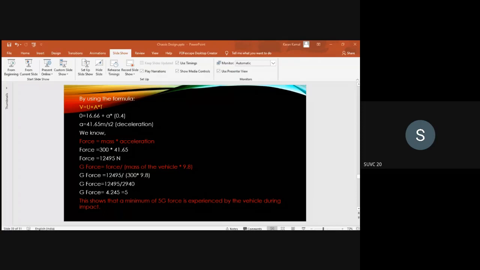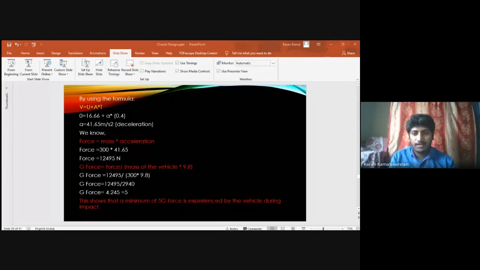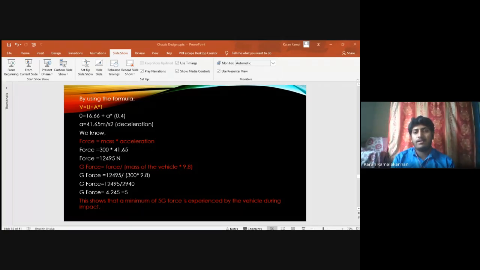A mechatronics engineer is also asking whether G force and factor of safety are different. Yes, they are different. G force is in no way related to factor of safety. Factor of safety is nothing but the ratio of ultimate tensile strength to the yield strength. The ultimate tensile strength is the point at which the material breaks; after that point, the material will fail. That is the worst case.